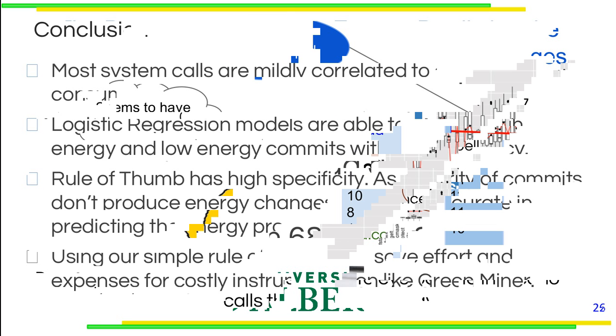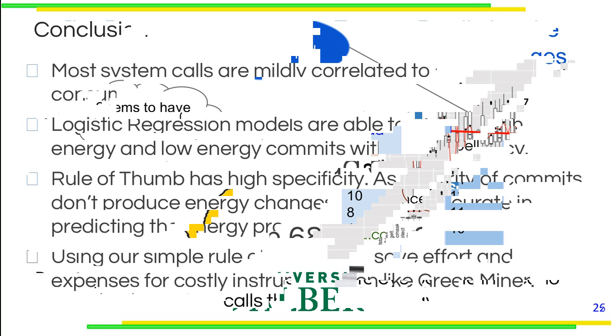So in conclusion, most of the system calls are mildly correlated to the energy consumption, and logistic regression models are able to classify high energy and low energy commits with quite high accuracy. A rule of thumb has quite high specificity, as the majority of commits don't produce any energy changes. It's quite highly accurate in predicting the energy profile change, and because the rule of thumb is very simple and time convenient,